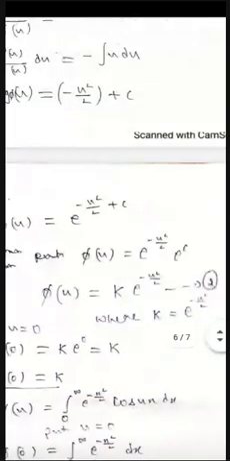Log of u is there. So that pi of u becomes what? By the logarithm integration, e power minus u square by 2 plus c. So we got finally pi of u value. That pi of u value can be written as e power minus u square by 2 e power c. So k into e power minus u square by 2, where k is what? E power c. K is nothing but e power c.